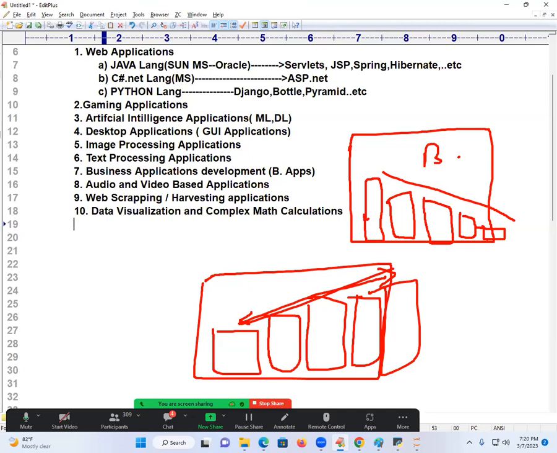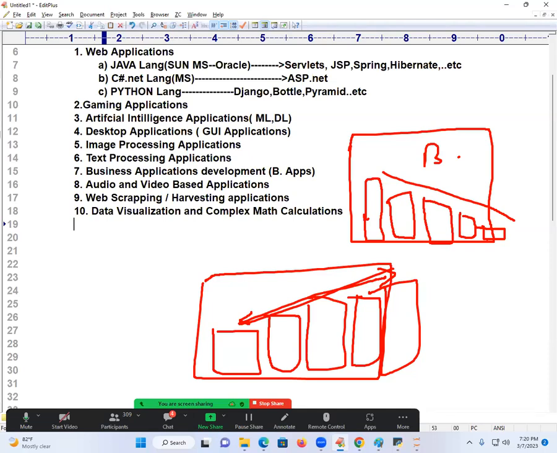Such portions will be expressed by what? Visualization tools. Such visualization tools are called what? Graphs. A fruit merchant is contacting you. He is asking, which fruit am I selling more frequently? You have to study his nature. And at the end of the day, you will suggest, tomorrow onwards, sell this fruit only, because you are having the highest percentage of selling and the highest percentage of profit. These are all called what?